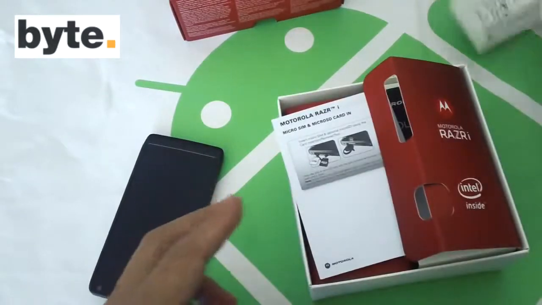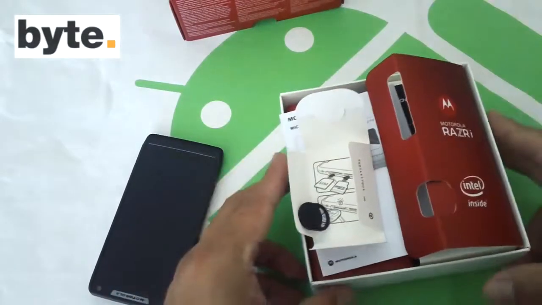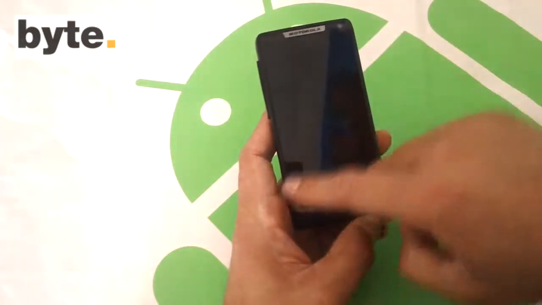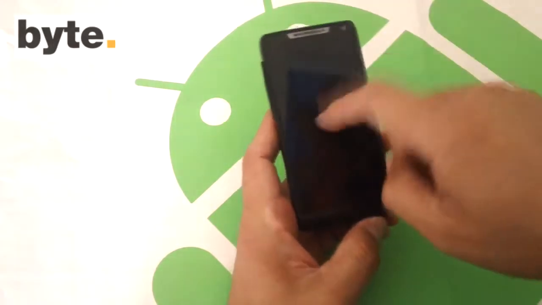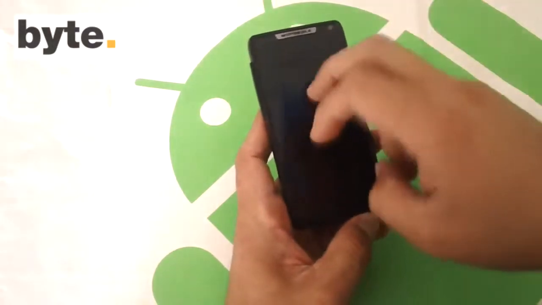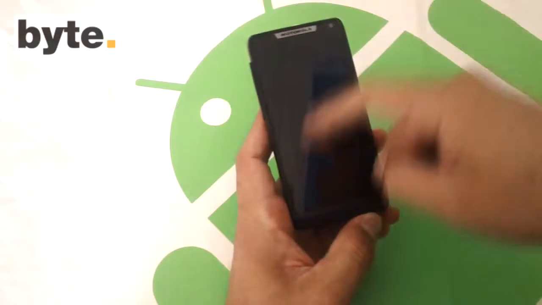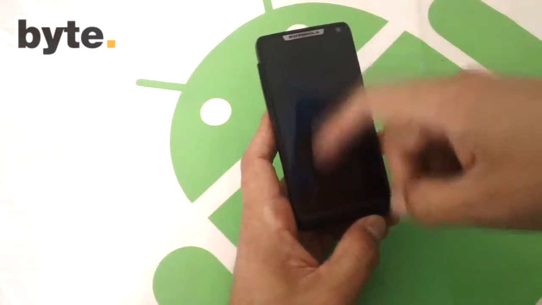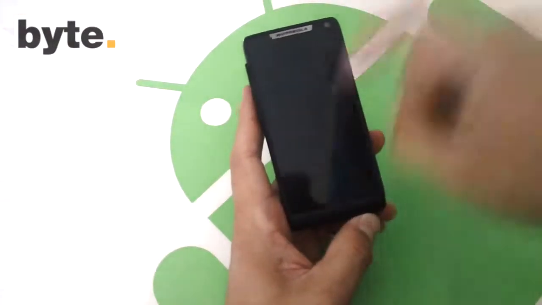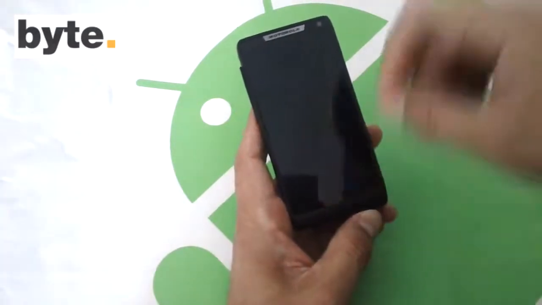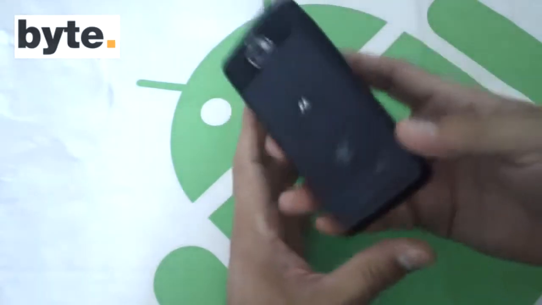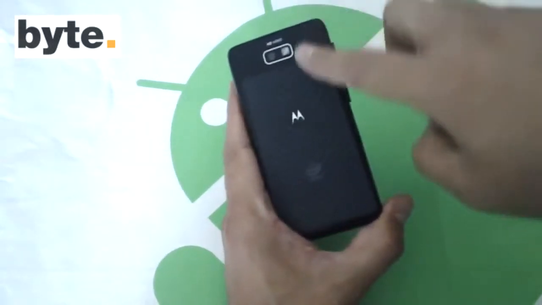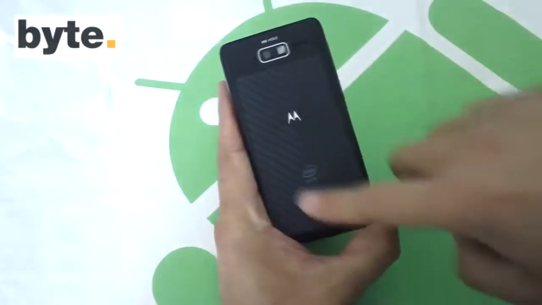Pues eso es lo que encuentran ustedes en la caja. Y ahora sí vamos a ver el teléfono. Como les dije, tiene una pantalla de 4.3 pulgadas diagonal, es Super AMOLED Advanced con Gorilla Glass. Tiene un recubrimiento para que no se raye. No tengo un metal aquí, pero si ustedes agarran una llave, una moneda, se lo pasan, no se raya tan fácilmente. Tiene, como es parte de la familia RAZR, esta fibra Kevlar que es resistente, que se supone que